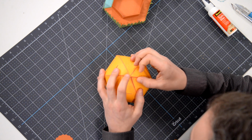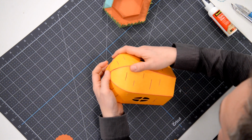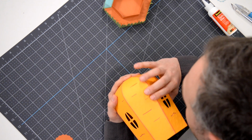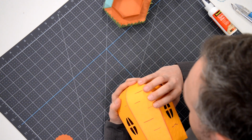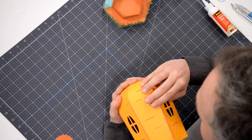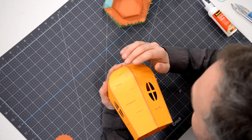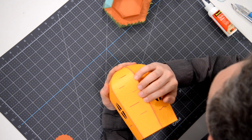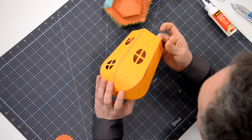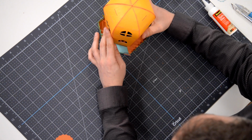And finish it off on top. There we go. I got one little area here that is kind of sticking out, but that's okay. You can always go back in, add a little extra glue if necessary. Okay. That's looking good. All right. Wonderful. All right, look at that. So,